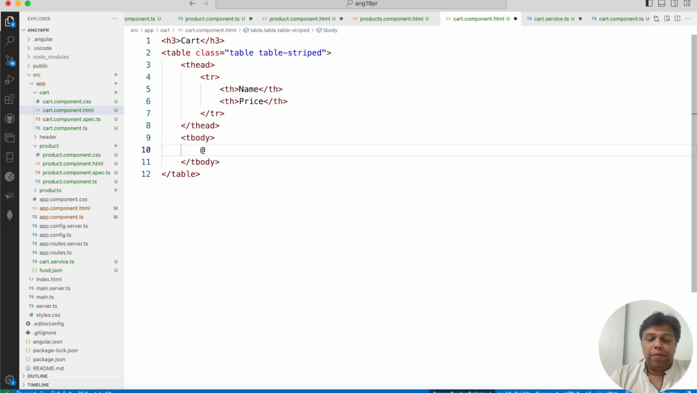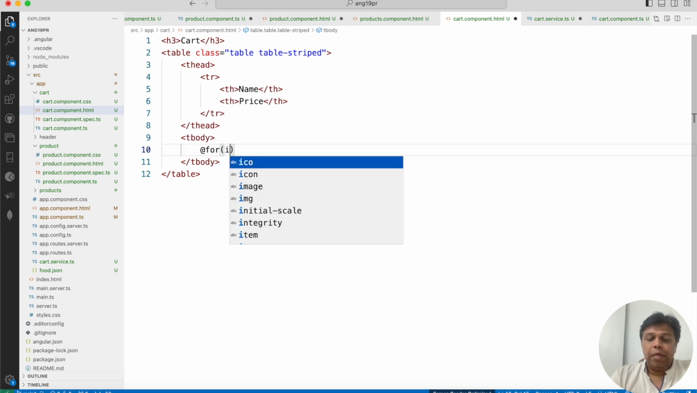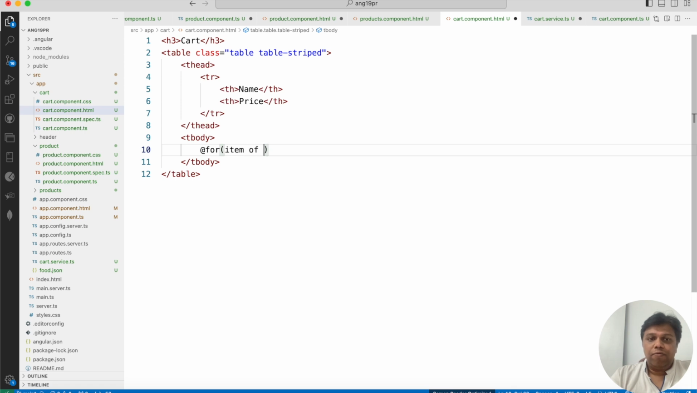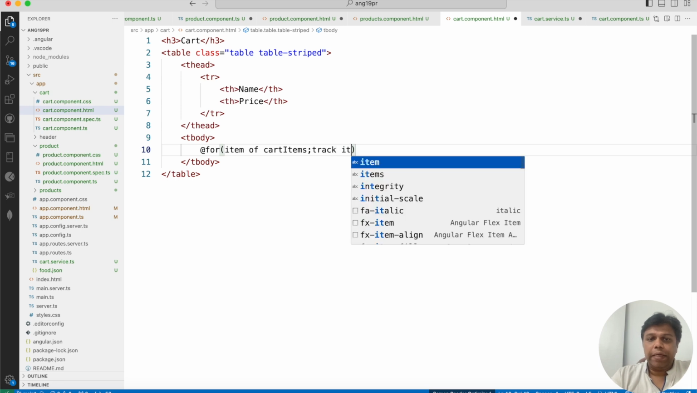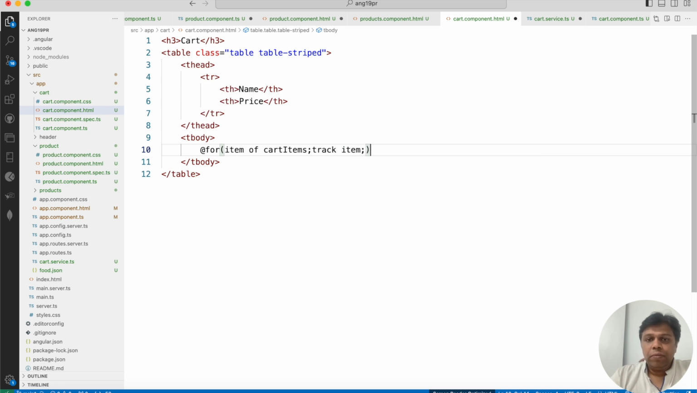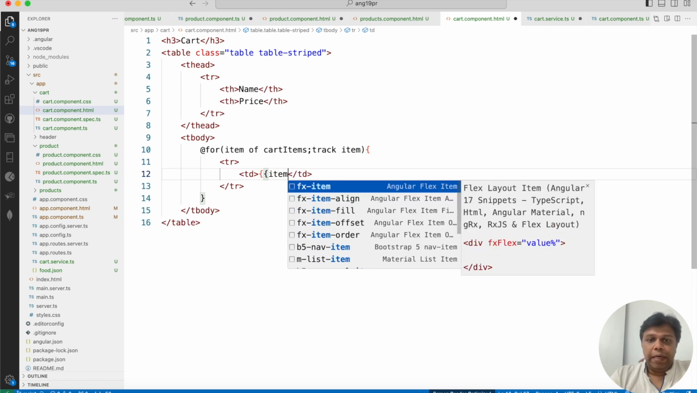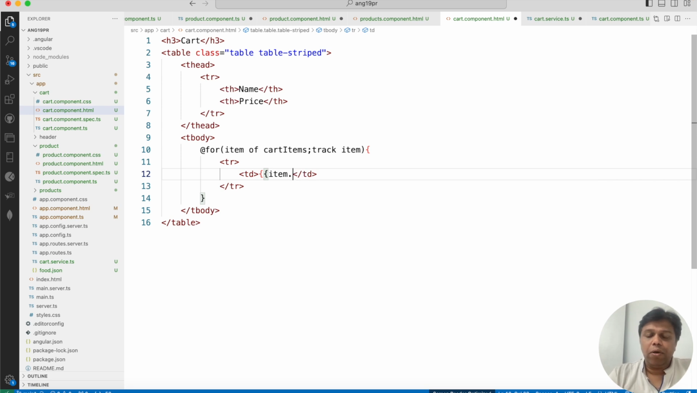So for item of cart items track item. So here I don't think it is needed. I would like to display them in the row. So item, it is not input property, so item dot